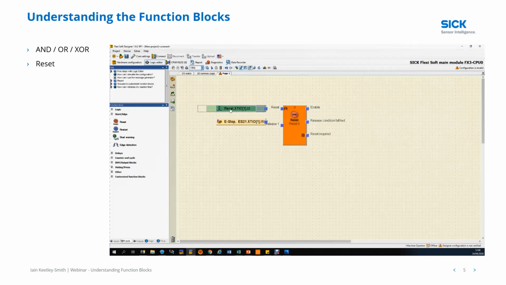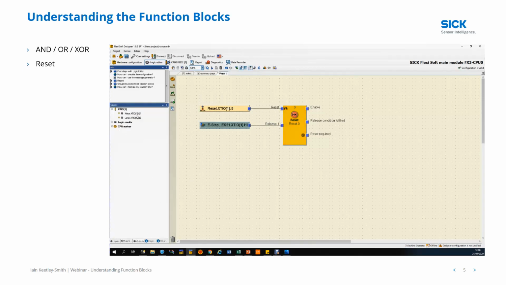So we'll take the reset and smooth these out of the way a little bit and join them up. So reset to reset, e-stop to release. We'll then go to our outputs. We'll select our motor, touch that onto enable and drag it back. It will automatically draw the line. And then we'll grab our lamp, touch that on reset required and drag it back. Now if we go into the simulator again, just to show how this works,